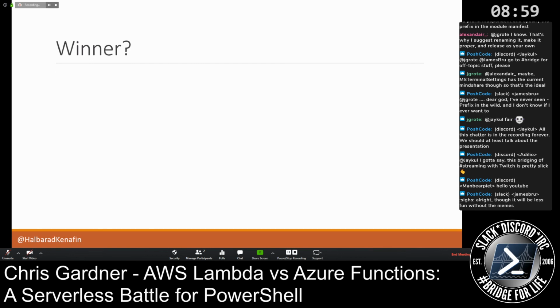So who's the winner? Because that's the important part in this. And I want to take the sneaky get out of jail free card option of saying both. Like they're both really, really good platforms. They both support PowerShell. They both have a lot of flexibility. They both scale. They're both basically free, assuming you're not doing more than 1 million invocations a month, which is a lot. That's a minimum of one every 2 seconds or something like that. So that's quite a lot of invocations to hit that free limit on, at least on Azure. On AWS, I assume it's something similar.